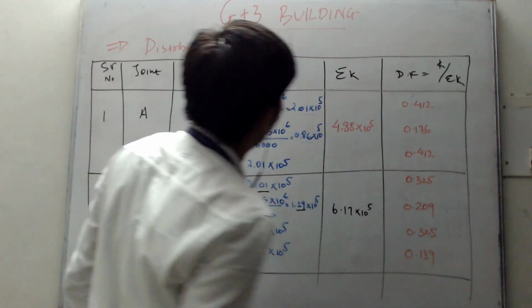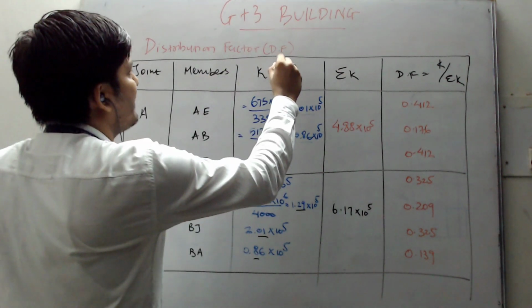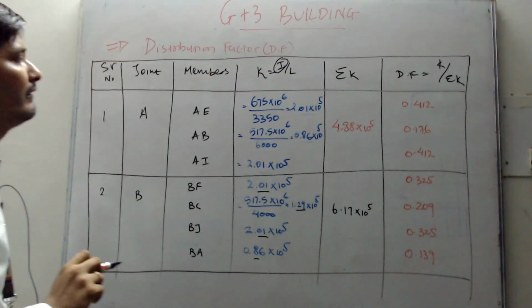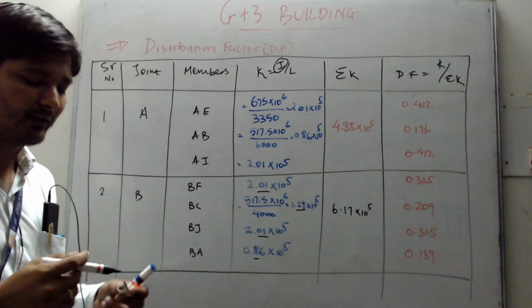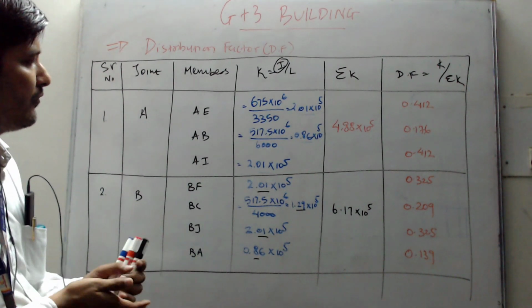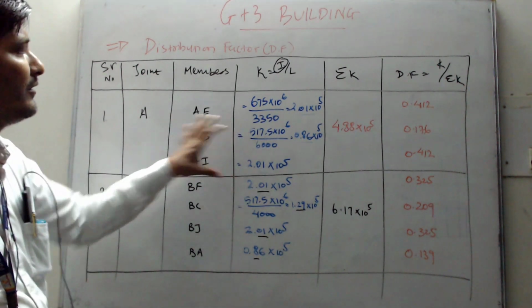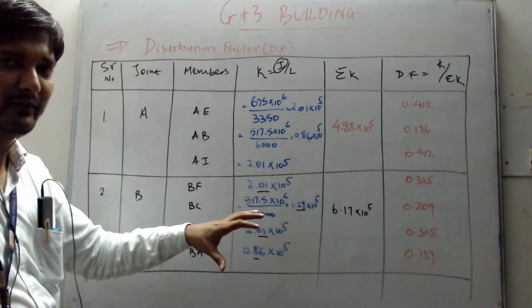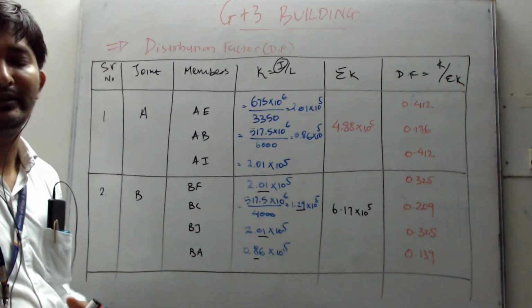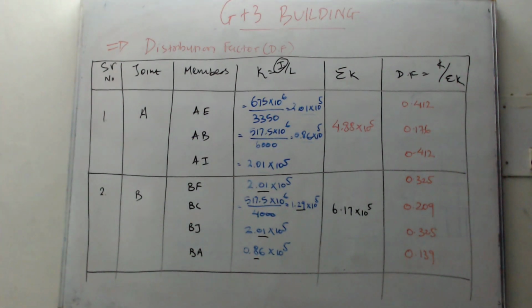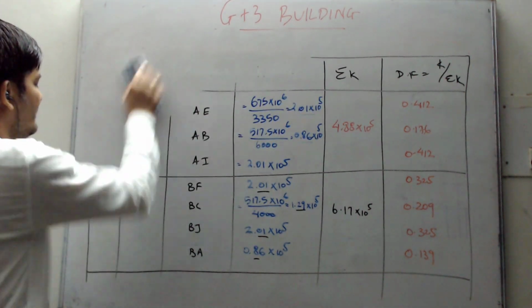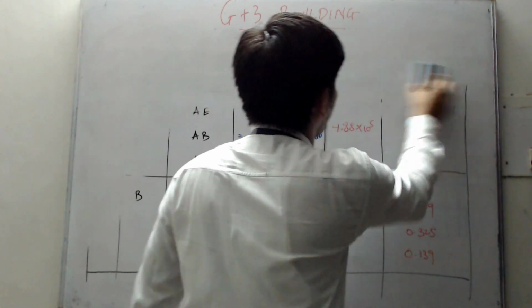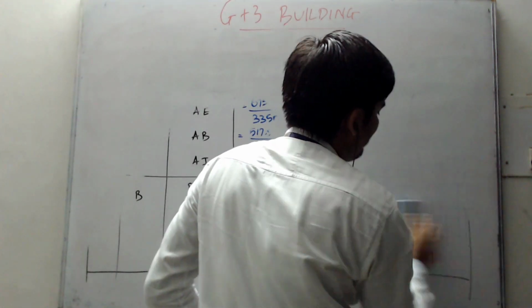To calculate these values, we require moment of inertia, right? We require the moment of inertia that we calculated in the previous step by assuming the size of beam and column. So now we are supposed to use this distribution factor to calculate the moments using the moment distribution method. So let's get to the next step to find out moment distribution. Next step is moment distribution. So quickly complete this step so that we can move forward to the next step, which is moment distribution.